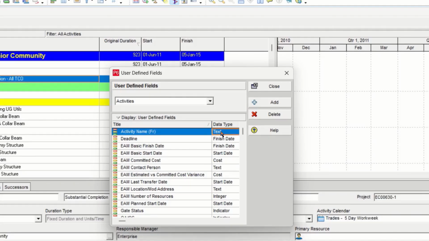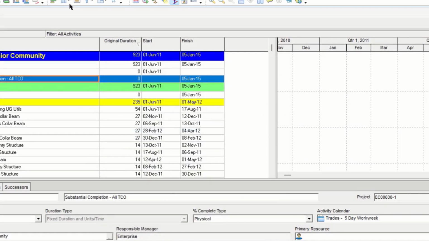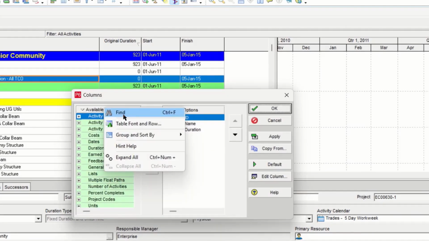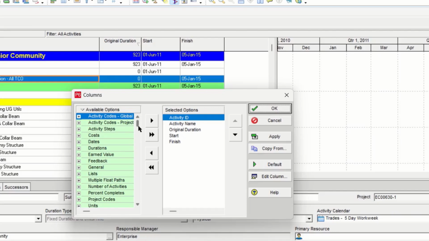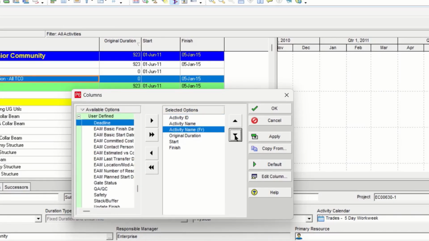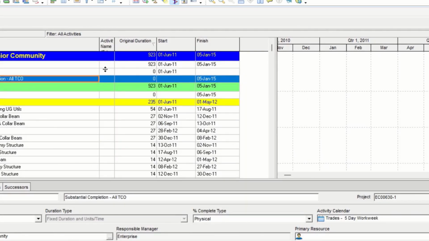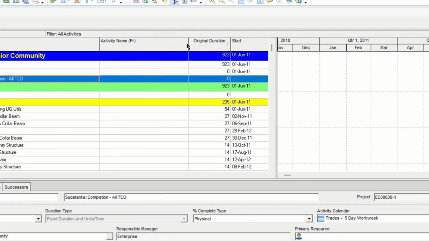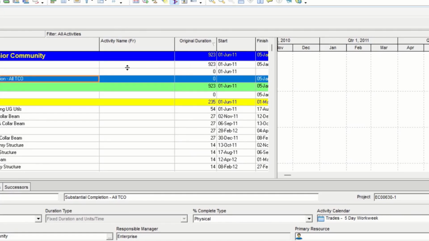And the data type we keep as text. We close it. We go to our UDF field and we add the activity name after our listen. Now we click apply. Just so we get some values after we export it into Excel.